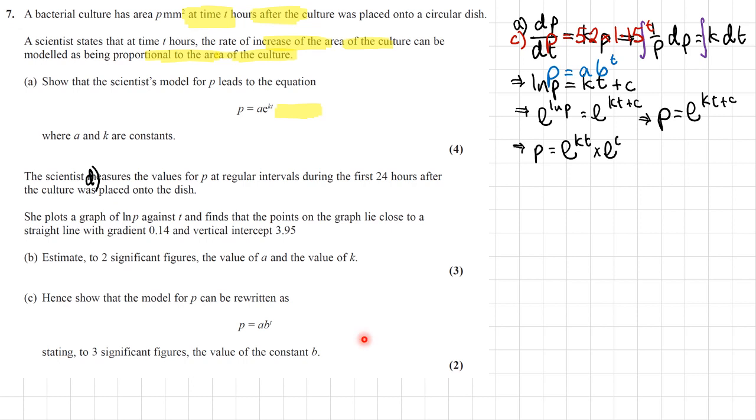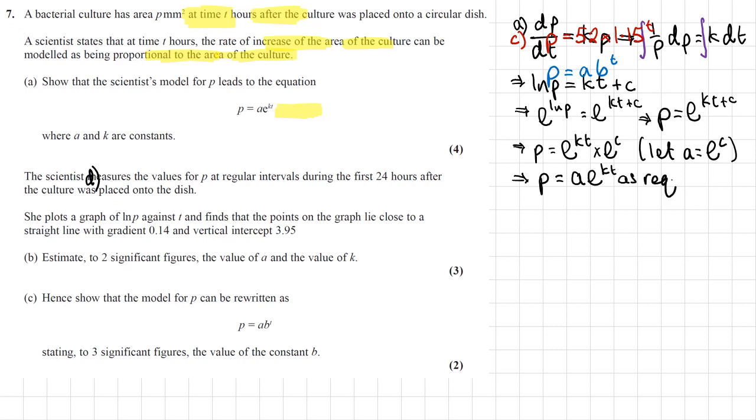Now e to the c, this is a constant. I'm doing e to a constant value, so that's a constant. So I'm just going to put here let A equal e to the c. It's just a constant, and I'm using A because that's what they've used in the question. And then my final result is going to be P is equal to A, that's the e to the c, times e to the kt,